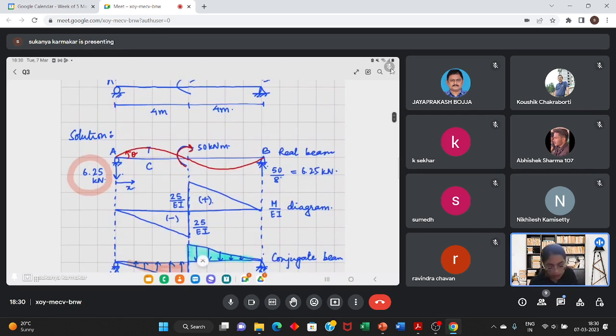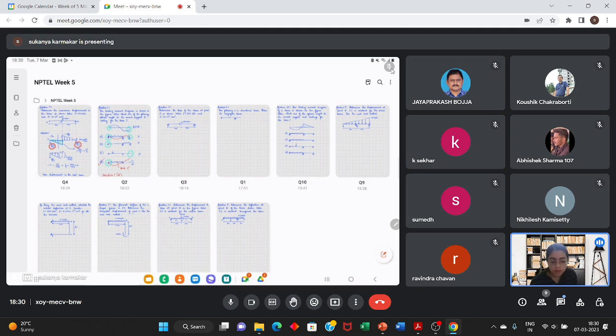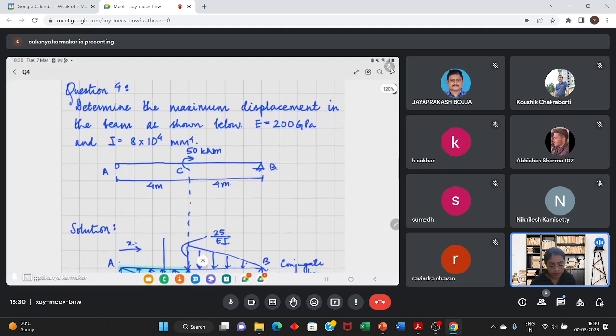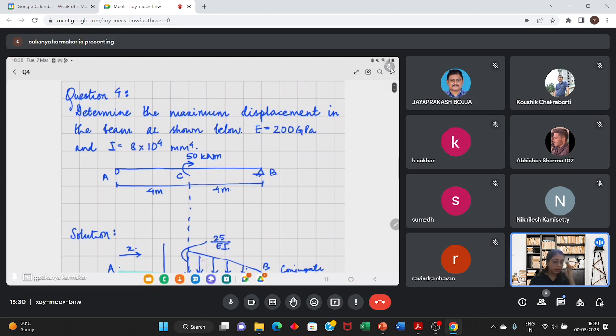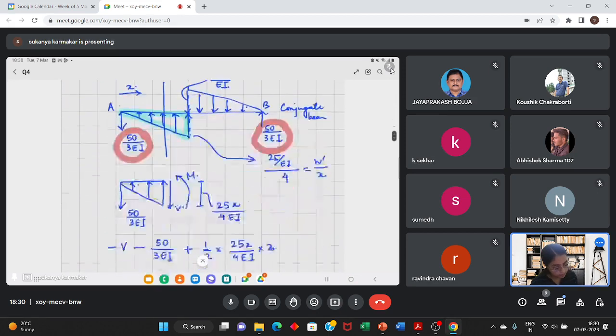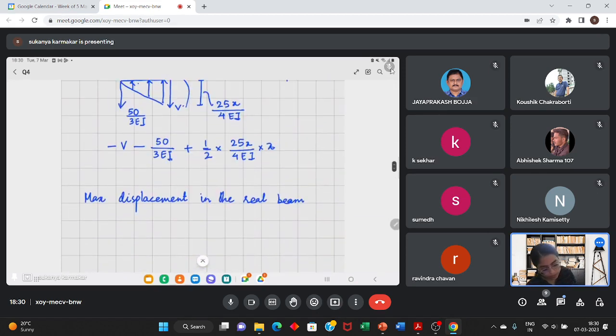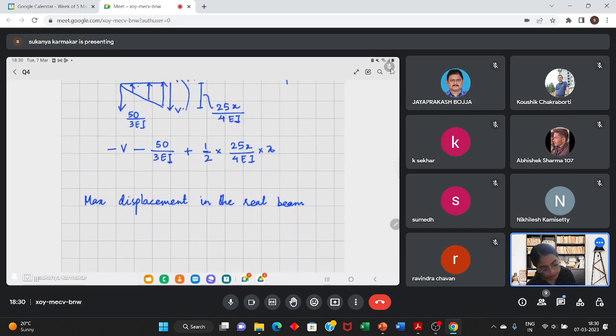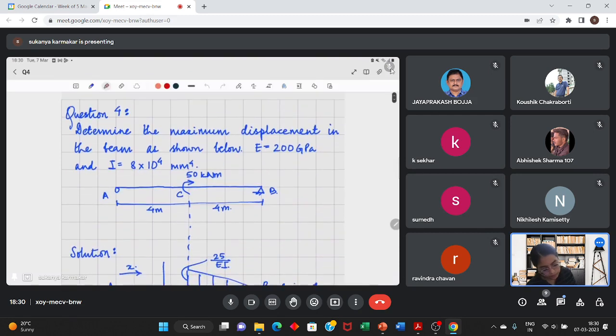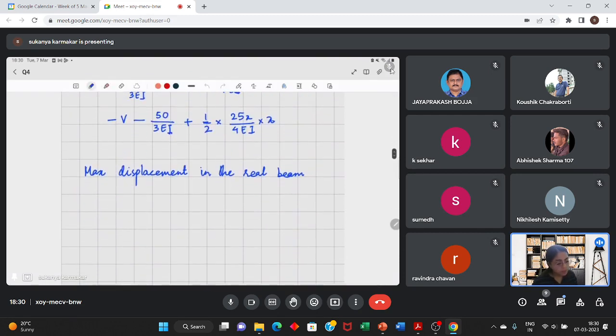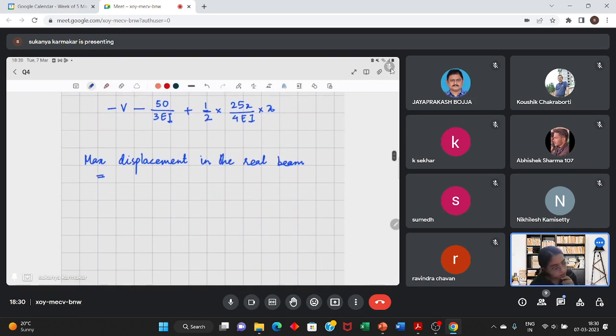So I hope these values are clear. The structure is the same in both the questions. In the earlier question, you had to calculate the slope at the point A at the left hand support, and in the present question, you have to calculate the maximum displacement. So maximum displacement in the real beam is equal to